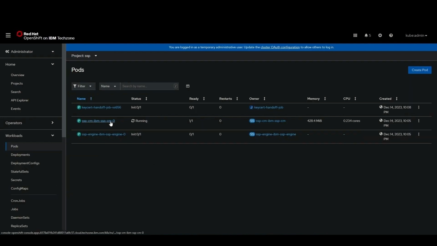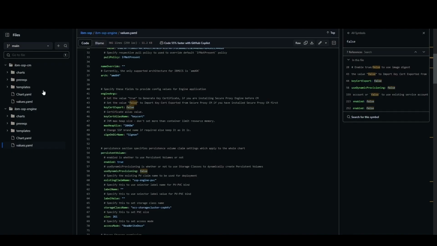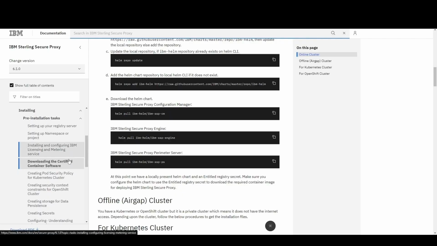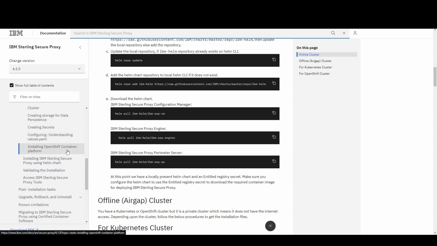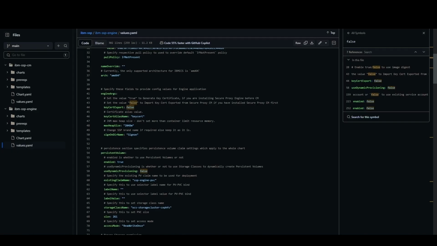Our configuration manager pod is ready, 1 of 1. Here you can see I'm performing a key cert handoff job. This is actually a custom job that I've created to make this a smoother process. Their official documentation is a little more constrained in how they handle this. They recommend that you actually SCP it into the second pod. Instead, what I've done, because I always know that I want 1-in-1 for demo purposes in this context, is I